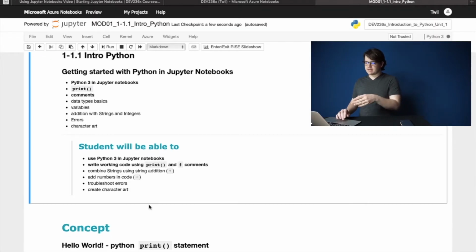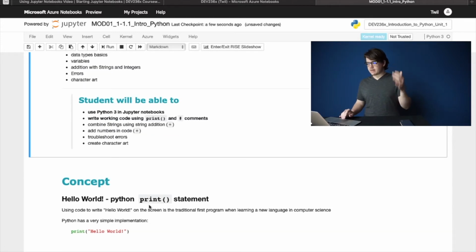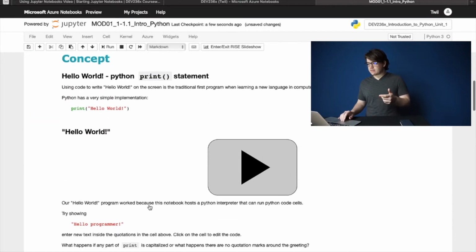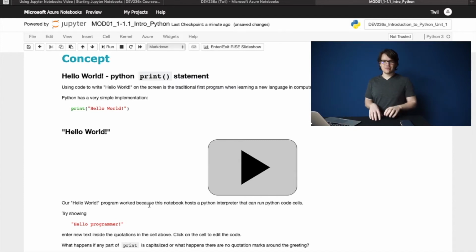You can see here the things that you had on edX first. So getting started with Python, I won't say Jupyter Notebooks again. Oh, I said Jupyter Notebooks again. You have Python, the concept, Hello World. I saw that in programming, the first program you write.